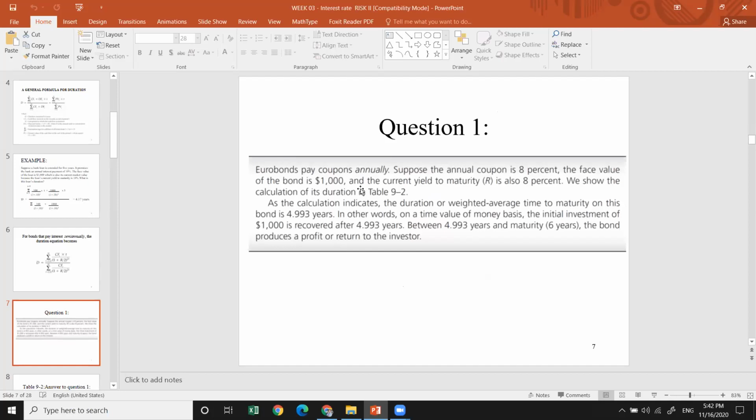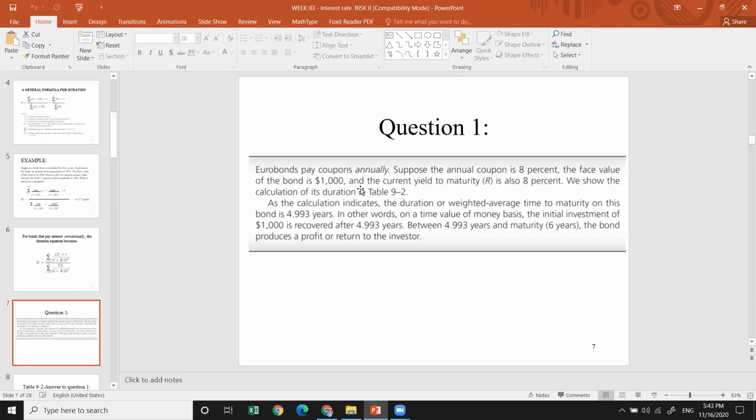So a Eurobond pays an annual coupon of 8% of the face value, and the bond value is 1,000. The YTM is 8% as well, which shows that the bond value is the same as the face value. As the calculation indicates, the duration, the weighted average time to maturity on this bond, is equal to